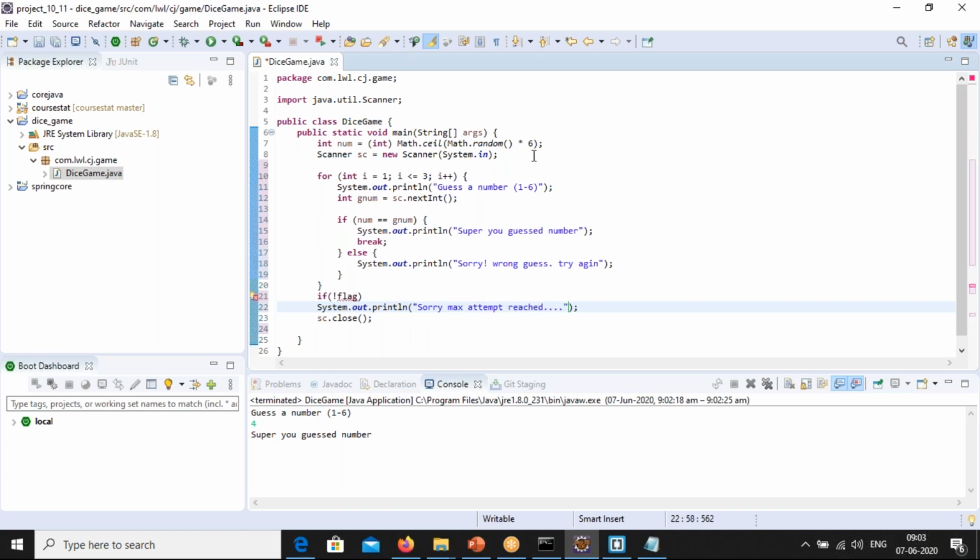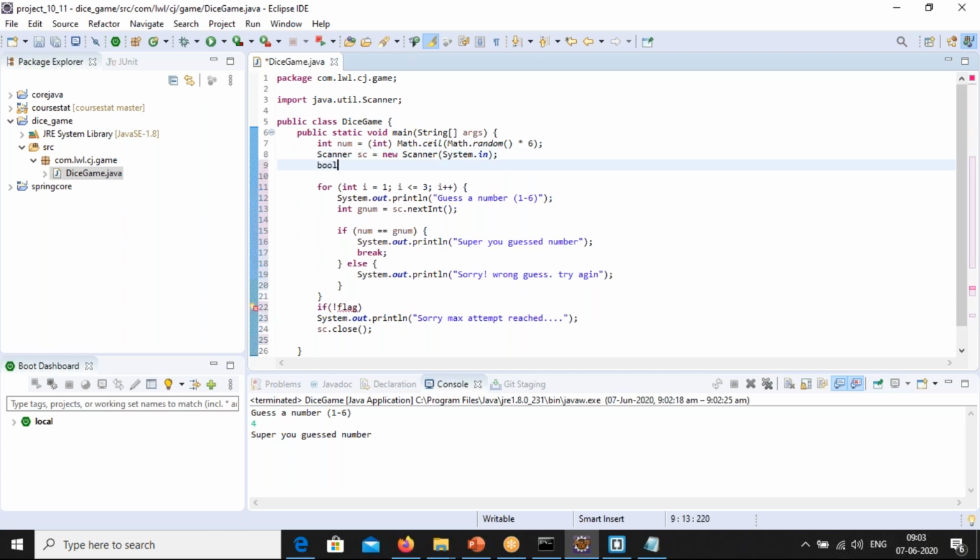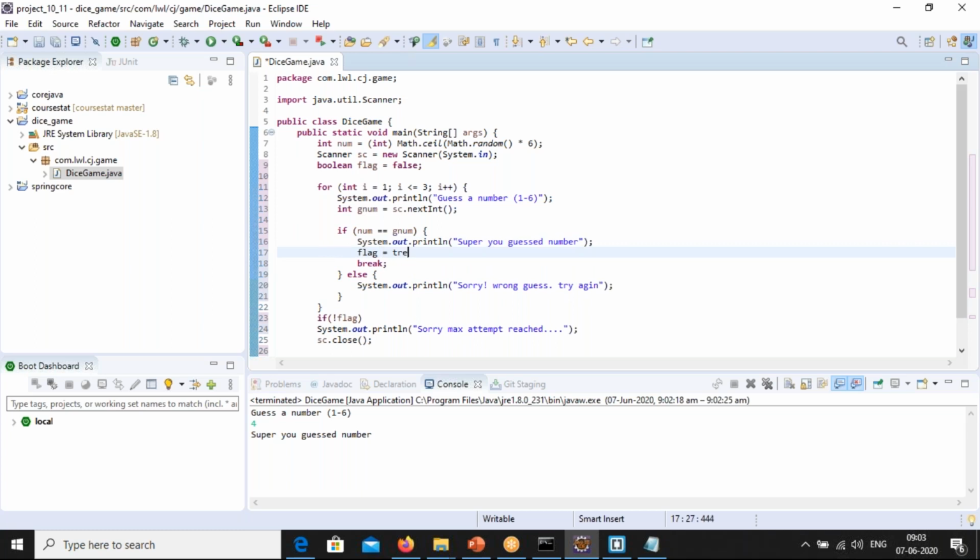Here we are going to take one boolean flag variable, and initially I'll make it false. Whenever you guess the number, I'm going to make the flag equal to true.